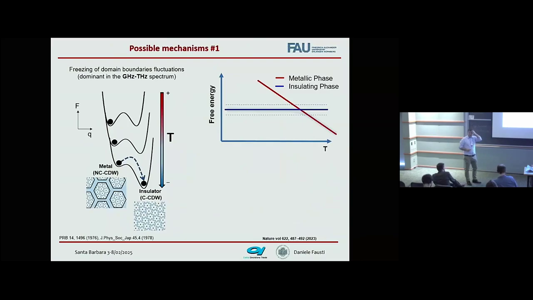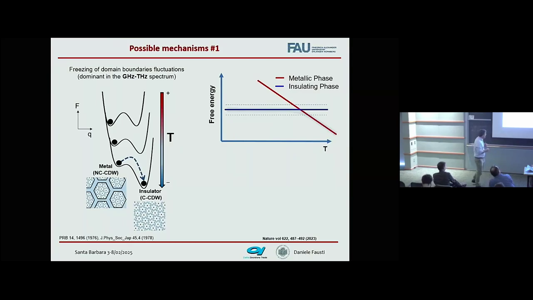We were lucky enough that we didn't have a theory for this experiment, so we could discuss it. And we proposed two different frameworks in which we could discuss it, together with our theory collaborators, obviously. You can think about changing the thermodynamics of a material by thinking about the thermodynamics of the material in free space.